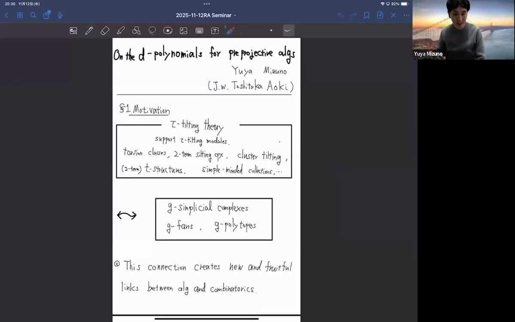opportunity to talk. And yeah, I'm sorry if maybe you can find many black empty space, but I couldn't change